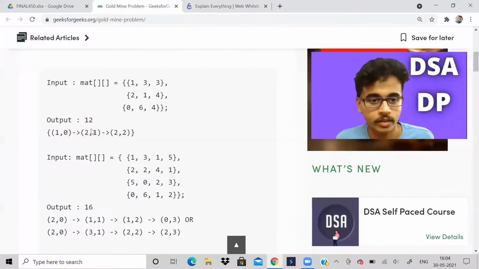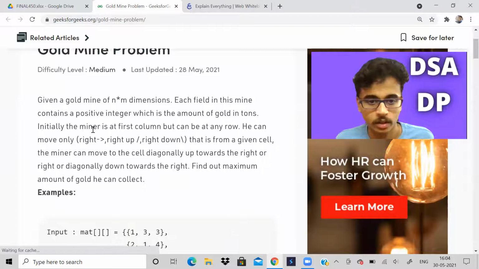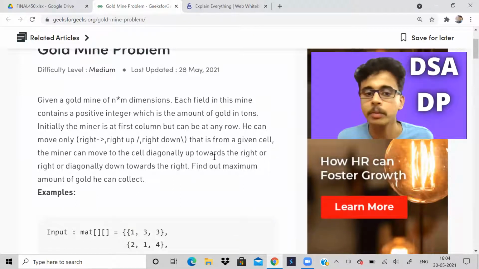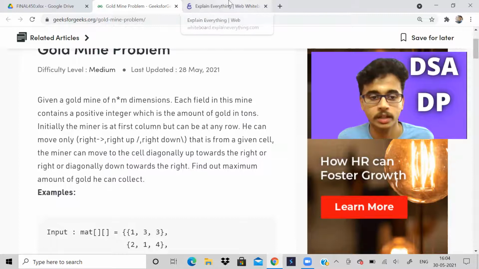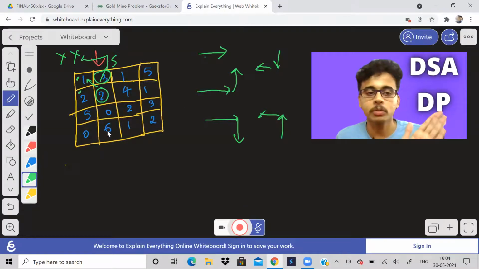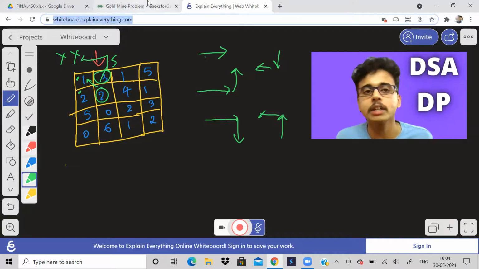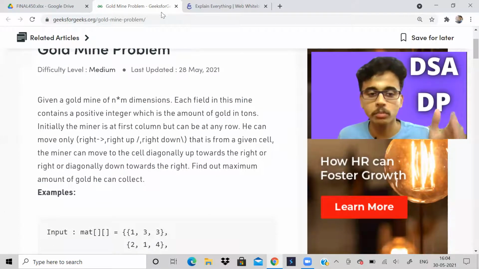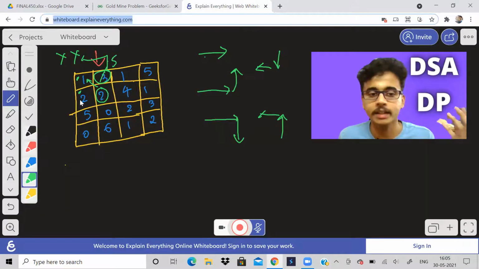I think they've given a name for it. Diagonally up towards the right, or diagonally down towards the right, whatever. So the opposite of that. You have to just consider whatever moves are given in these kinds of problems. Whatever moves are given, if you have to check for a valid cell, do the opposite of that. So we have to check if the left side cell is valid, so that we could come from the left to right. That's why you check left, the opposite.